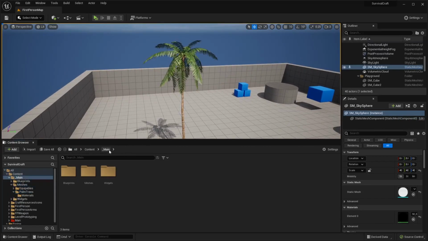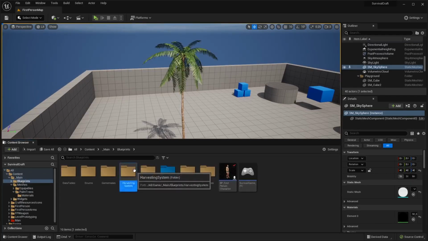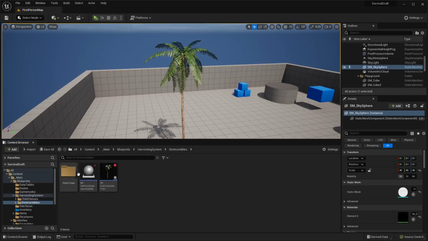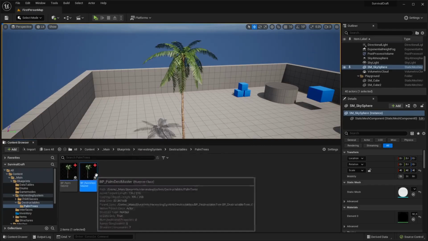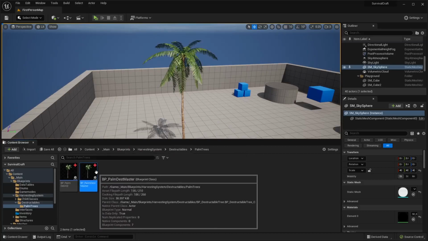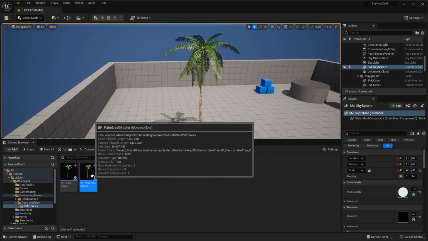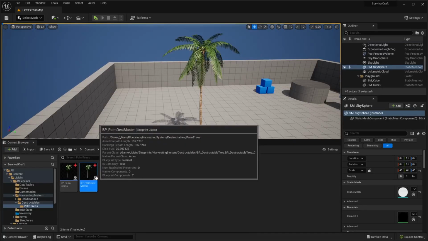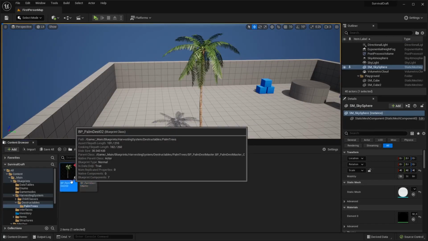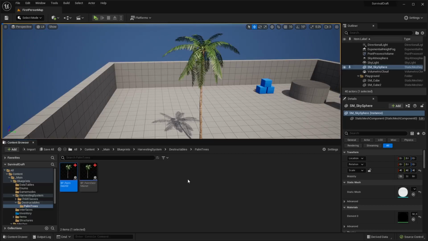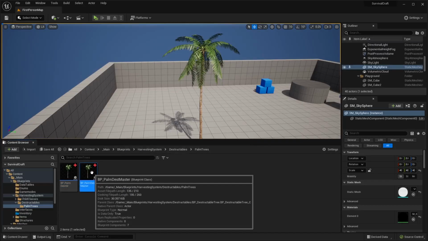So go to our main blueprints harvesting system, and we're going to go into our destructibles and into our palm trees. So if you remember, in our previous lecture we created this palm destructible master. The reason why we did this is because all 5 of our palm trees use the same materials, and so we're going to set up the fading in and out inside of this master. That way we don't have to recreate it in each individual palm destructible class for each palm tree that we have. So go ahead and open up our BP destructible master